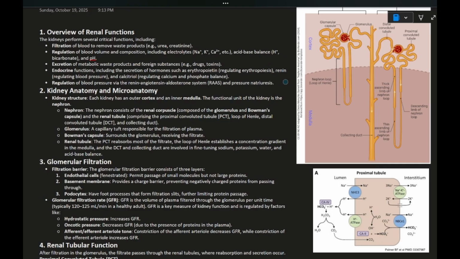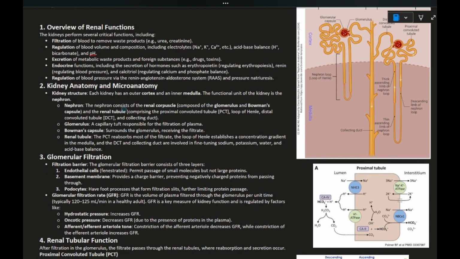And then the collecting duct, which will be this large stem that we see traveling from the cortex to the medulla. So those are the parts of the nephron. The glomerulus is special because it is a capillary tuft that is responsible for filtering our plasma that flows to our kidneys. And so the glomerulus would thus be found in